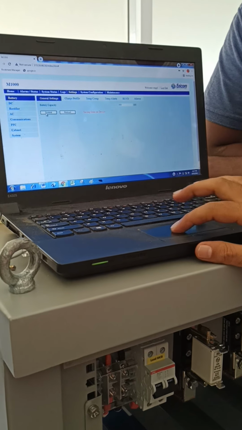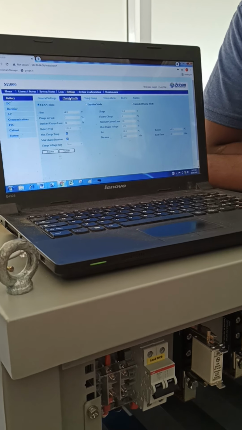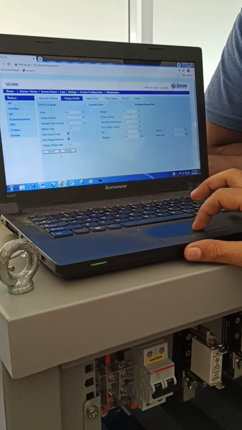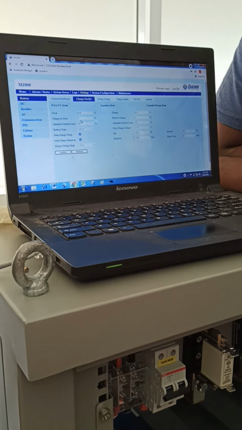Submit. Then the charge profile. This is the normal charge profile for float volt, boost volt, charge float. Everything will be available in that set format.